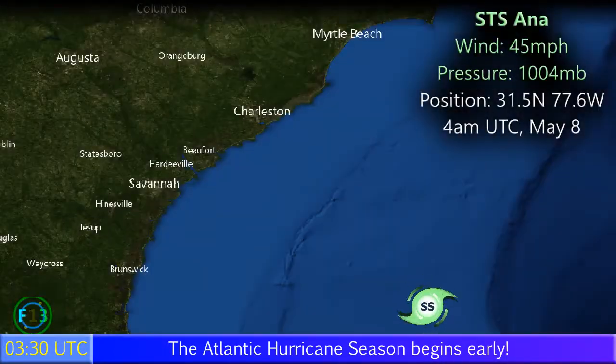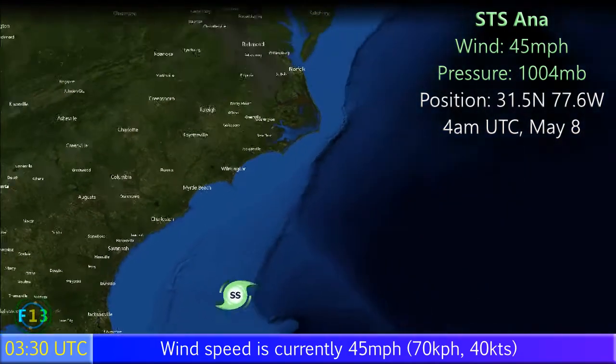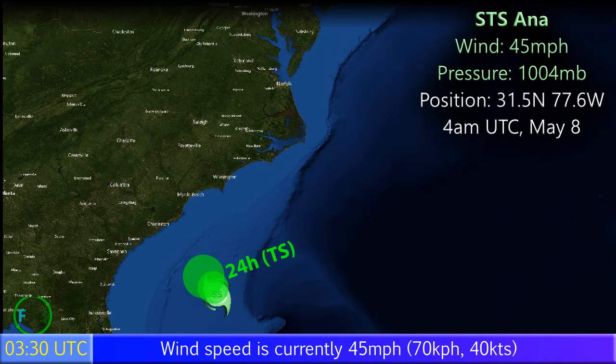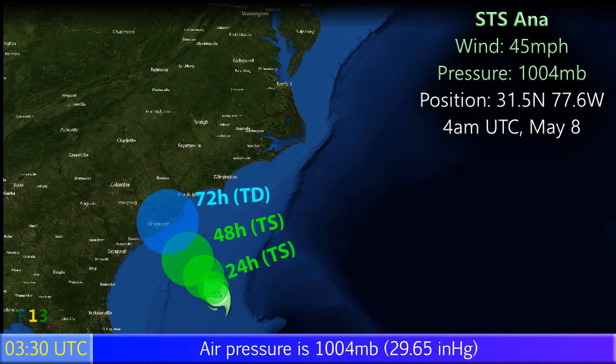Well, Subtropical Storm Ana has formed in the Atlantic with winds of 45 miles per hour and a pressure of 1004 millibars. It's currently positioned at 31.5 degrees north, 77.6 degrees west as of 4 AM UTC on May the 8th. The storm is expected to affect the Carolinas in one way or another, possibly turning tropical in the next